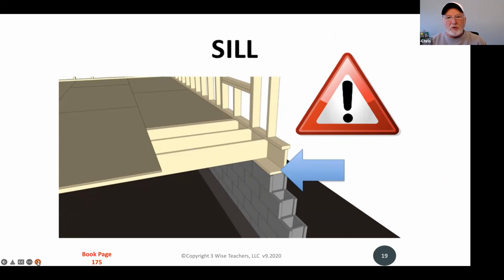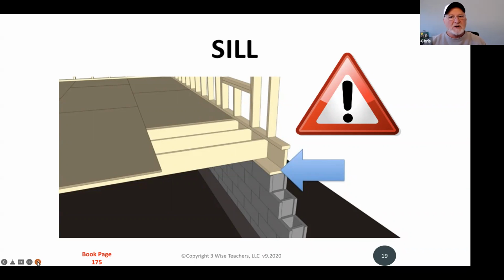Okay. Vocabulary word here. Notice that we have a little warning sign beside it, so you know that this is a word that often shows up on tests. This is the sill, S-I-L-L. Now you can notice that the sill is turned sideways. It's usually a 2x6 or something like that, turned sideways, that starts the upward building of the house. Sometimes you'll hear it referred to as the lowest wooden component of the house. It's a wooden 2x4 or 2x6 turned sideways, and it starts the wooden construction of the house.